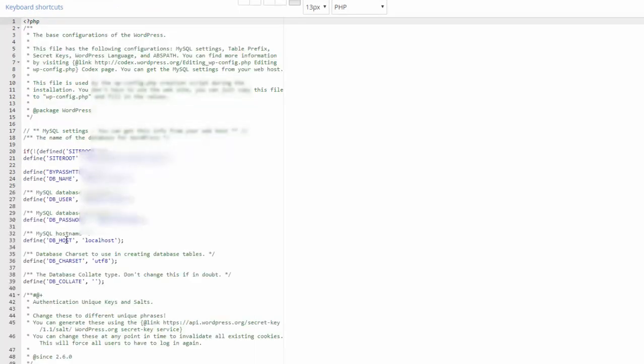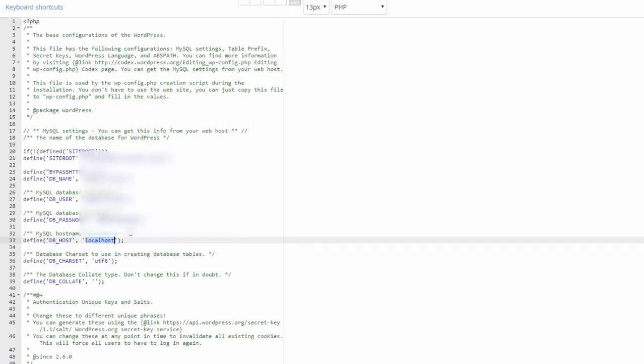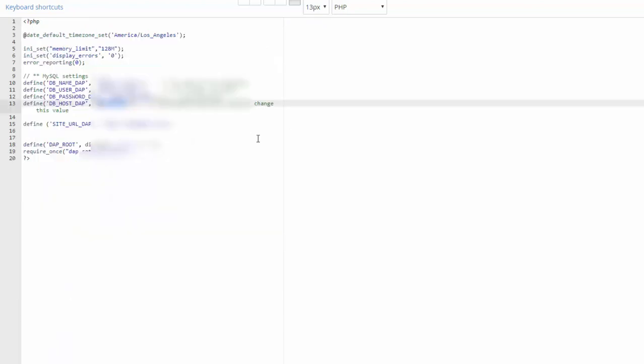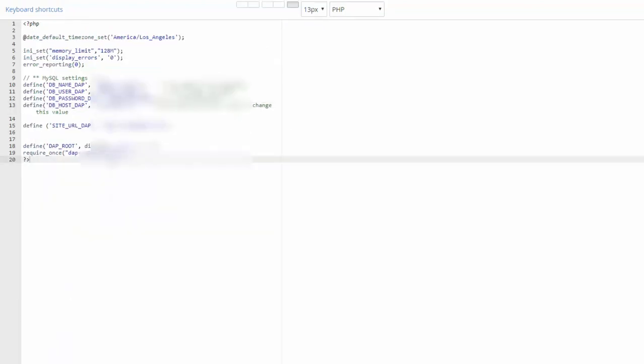Make sure that whatever you see here in your wp-config.php file for db_host, you copy this. It's localhost here, so you probably don't have to change anything. But if it is something else, copy this, go back to your DAP config file and enter that here. And another thing to look for is